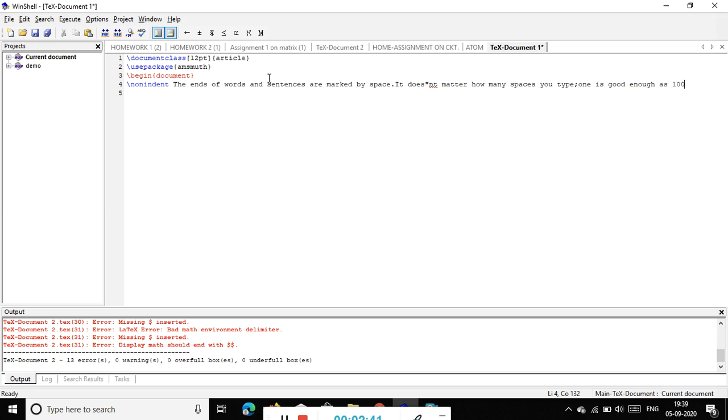So I have written a particular statement and after that I want to change the line. Suppose I'm writing a statement over here and after that I just want to start it on the next line. What you will do at that time is use a double backslash like this. This is the command you have to use to change the line. Now I've used one or more blank lines.